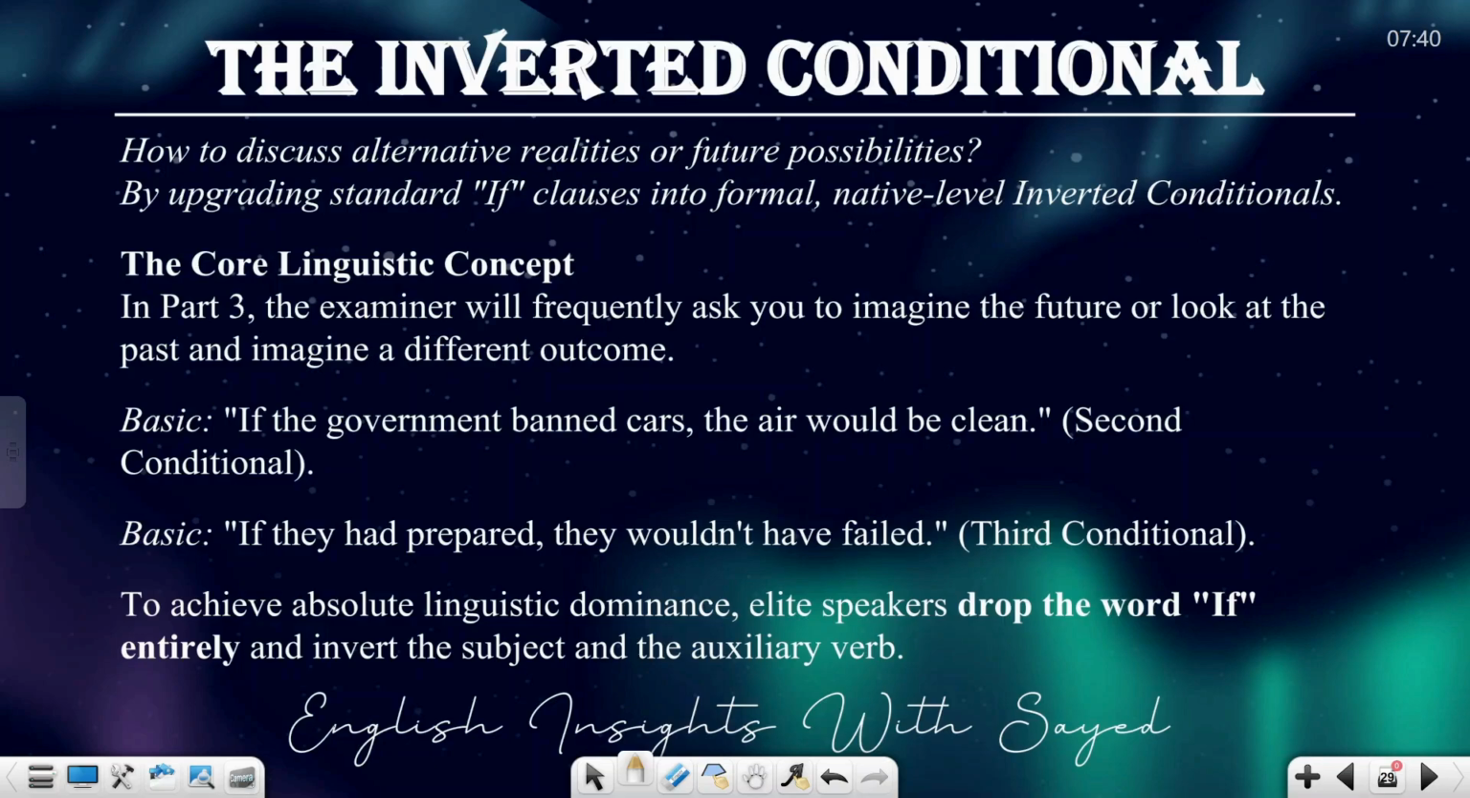করে আমরা কিভাবে এটাকে আরো uplift করতে পারি সেই জায়গাগুলো। So how to discuss alternative realities or future possibilities by upgrading standard if clause into formal native level inverted conditional. Okay, in part 3 the examiner will frequently ask you to imagine the future or look at the past and imagine a different outcome. So basic level of sentences would be like this way, and how would we make it